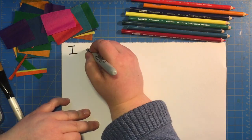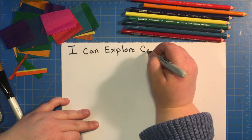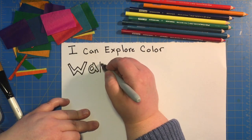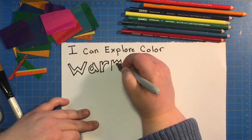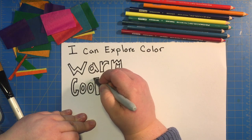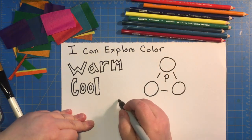Hello, my friends. Okay, so we are starting a new project today. Our first target is I can explore color. So we are thinking about different types of color groupings here. So we have warm colors, we have cool colors, and then something that we've talked about a lot, primary colors